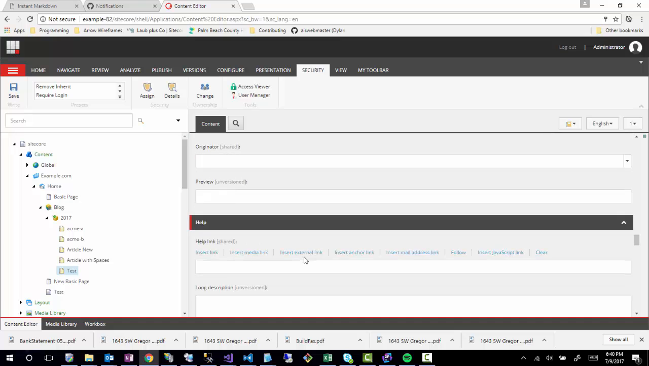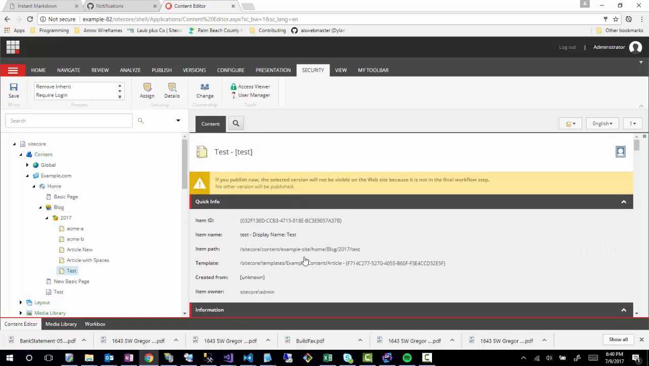Some other things to note: now that it's in a specific workflow state, it says that if you publish now, the selected version will not be visible on the website because it's not in the final workflow state. Basically saying this is in a draft state, and because of that, it will not be published. It can only be published when it reaches that approved or final workflow state. So that's the power of workflow,